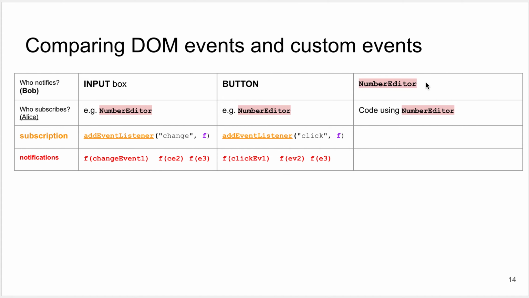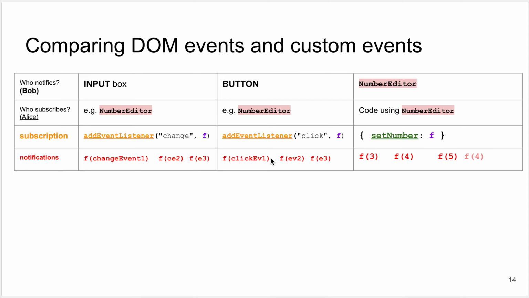The code using the number editor is sending a prop called setNumber, and that's the way it subscribes. And then the number editor calls that function, but not with events, but with numbers,